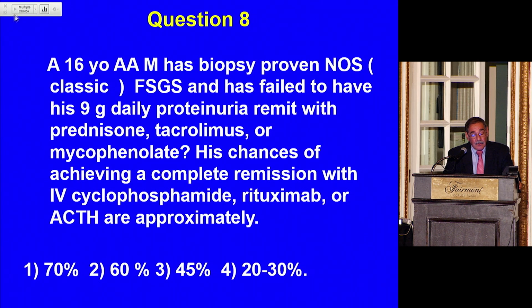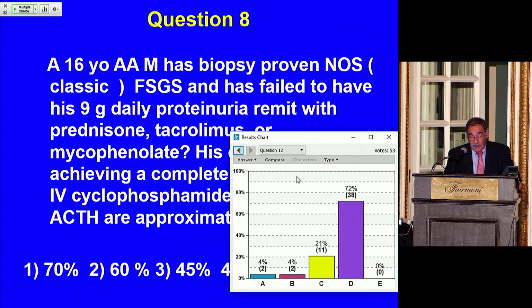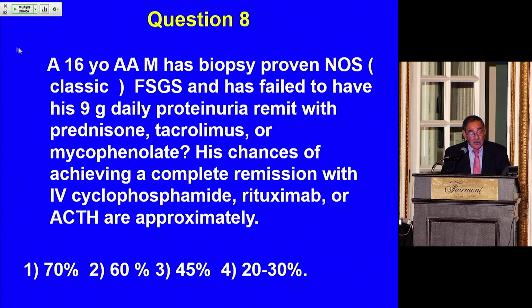Quick answers. Okay. So we got a big bunch right here. It's very low. The bottom line is if you've failed 3 therapies, it is low. Now, I'll show you some data in a few minutes with resistant focal sclerosis. But nevertheless, if this person has already failed 2 or 3 drugs, he's down in the resistant group already.